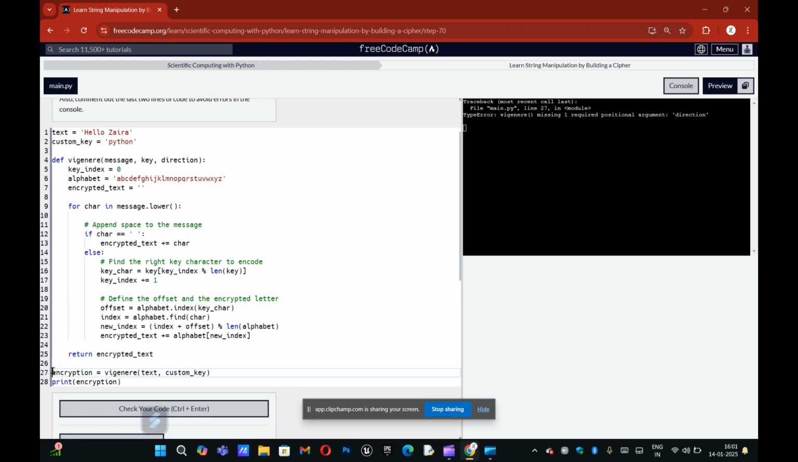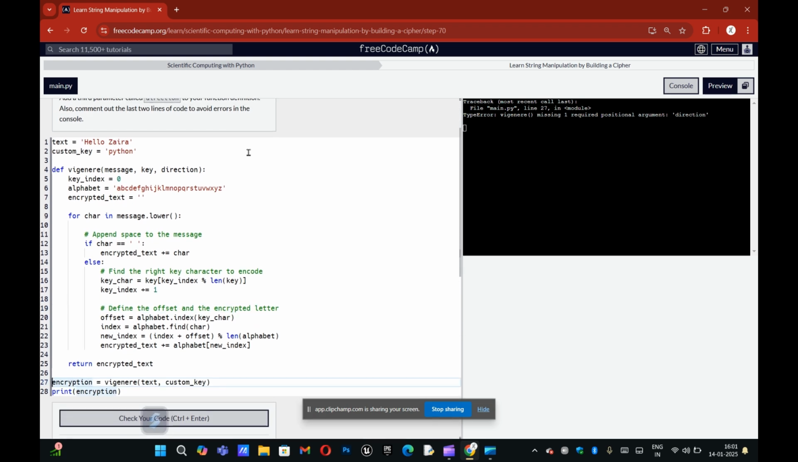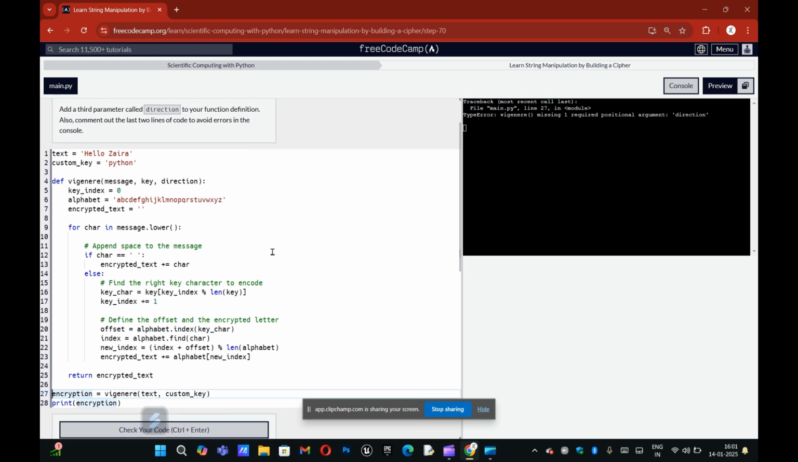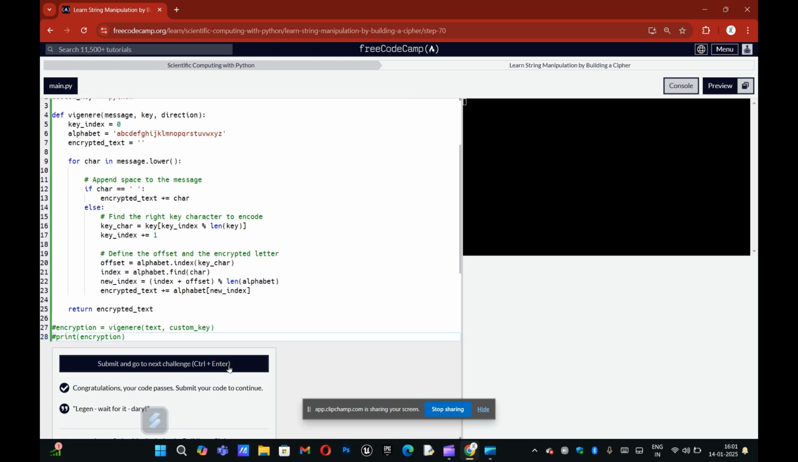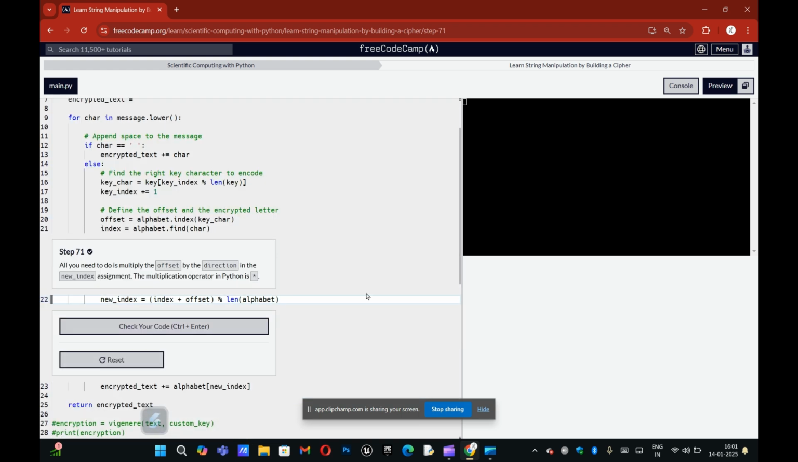Now it's telling us to comment out the last two lines of the code to avoid the error. By comment out, they mean just put a hashtag before them. That's what they mean. And now there's no error. Magical. And now